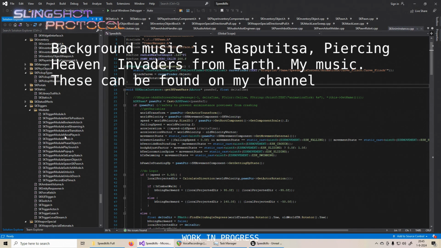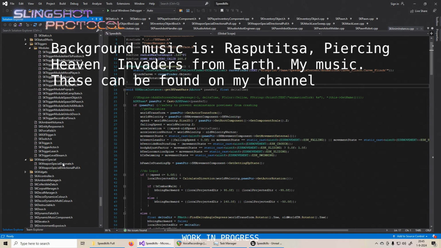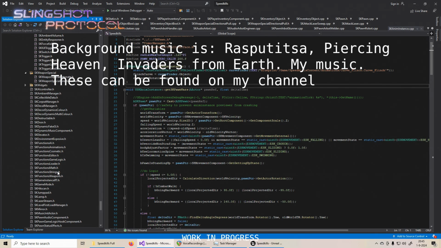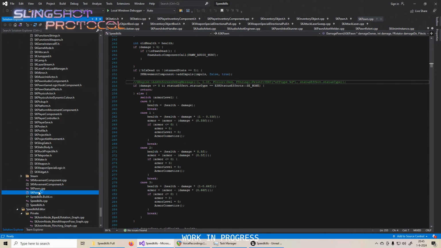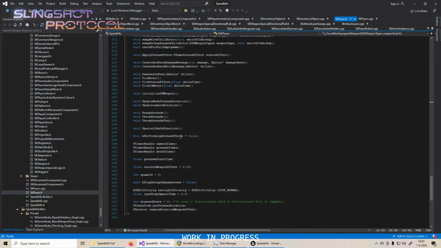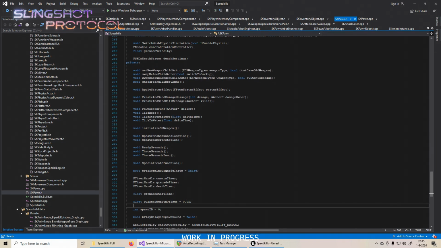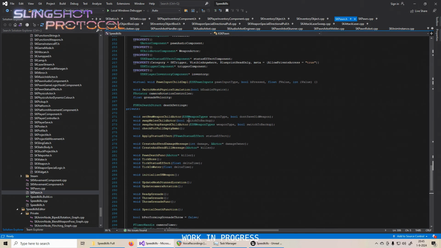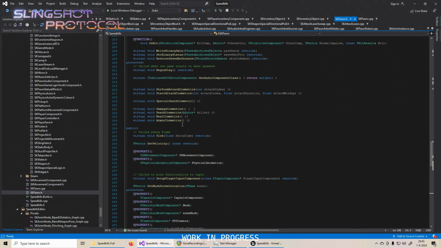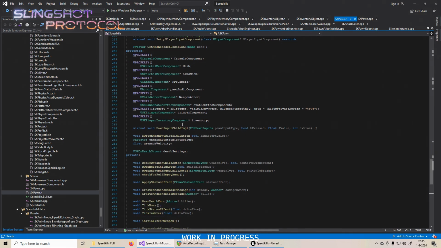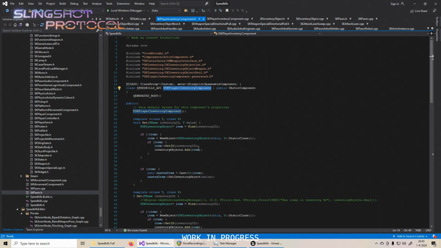So inventory systems are no longer... In order to keep track of certain inventory items such as grenades and ammo, I no longer put everything in the pawn class. It used to be that everything was in the pawn class. I might still have some leftover code. But yeah, I used to just have all of the inventory items in here, and every time I wanted a new inventory item, I had to add a variable and it just was terrible. So I now have this, so I can neatly go from here to here.